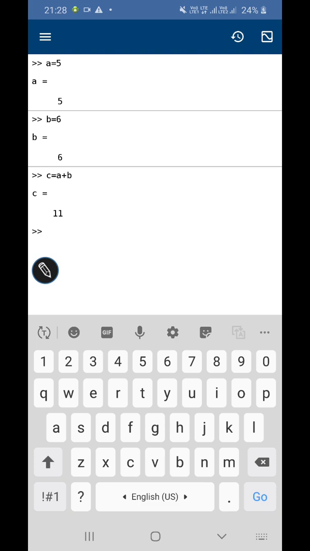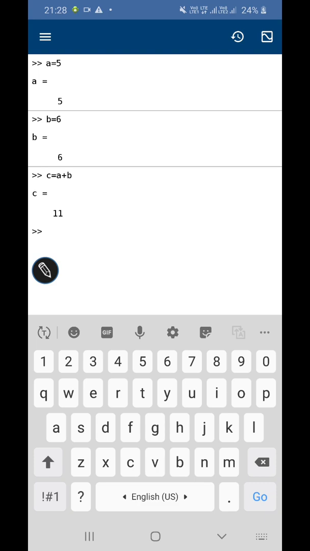So we are doing all these things on the command window, but as you can see I cannot edit the command window. Means if I want, instead of C is equal to A plus B, C is equal to A into B, I have to write this command again, but I cannot edit in this one.